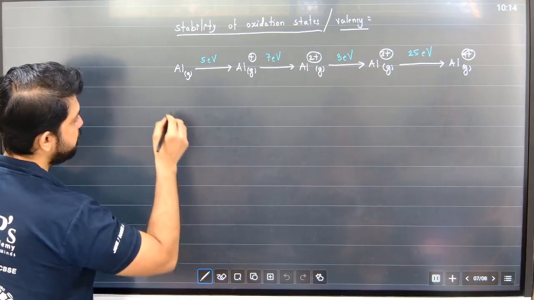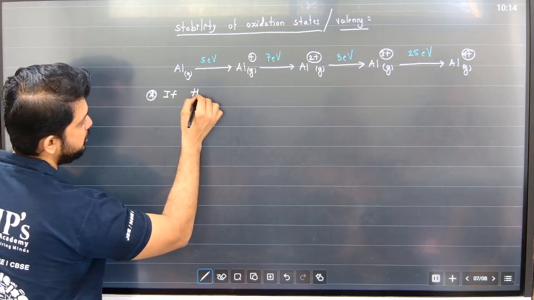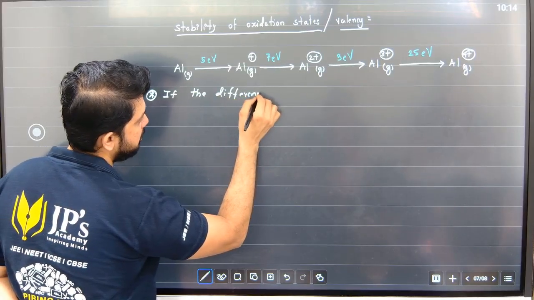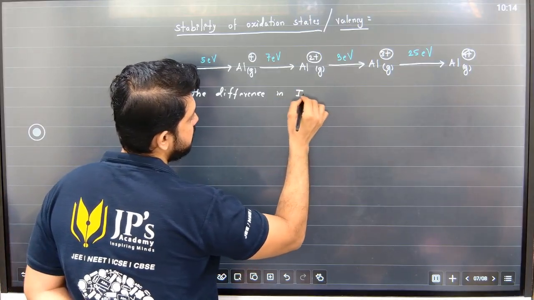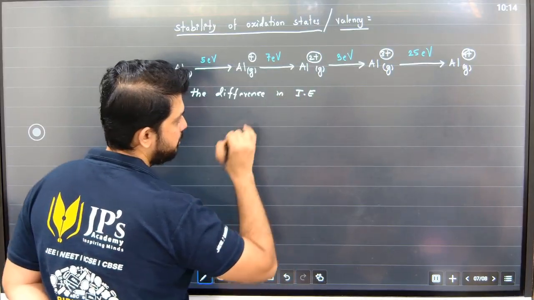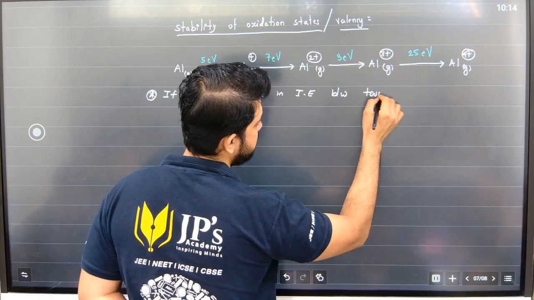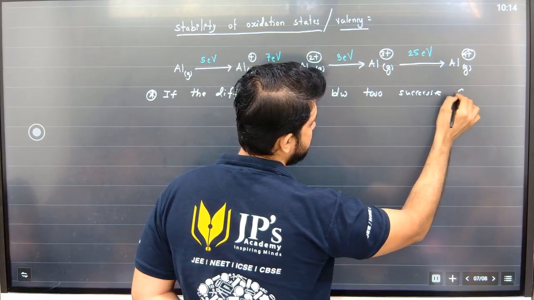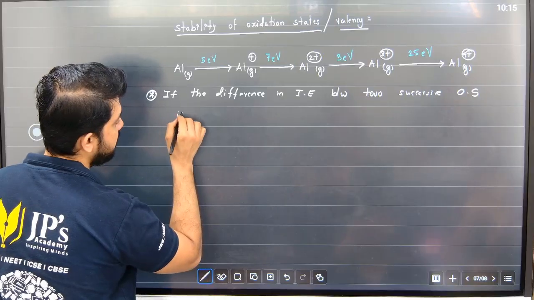So people, I repeat, if the difference in ionization energy between two successive oxidation states, OS meaning oxidation state, is less than